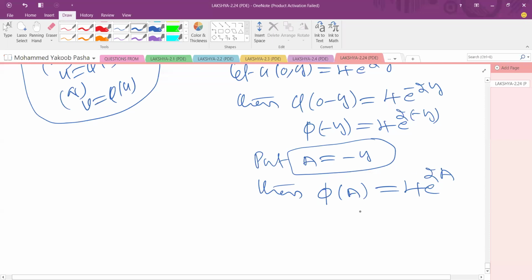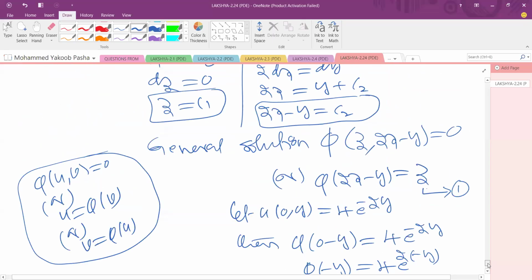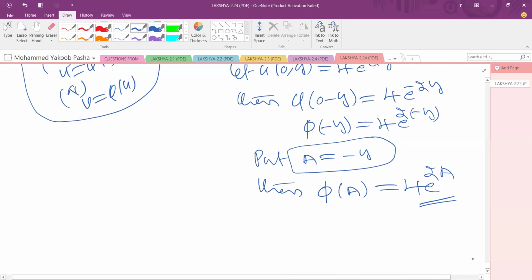That means what does phi of x become? 4 into e power 2x. What does phi of y become? 4 into e power 2y. In this way, for any value we can also write phi of t as 4 into e power 2t. Okay, apply this logic here, apply it in equation 1. Okay? So now equation 1, therefore equation 1 can be written as, actually we have phi of 2x minus y